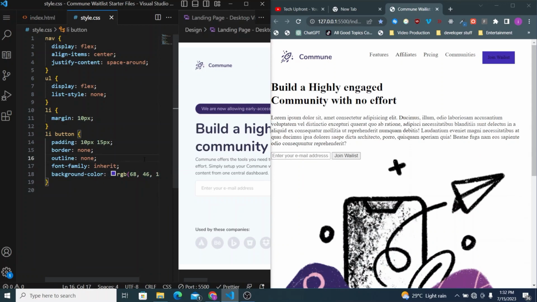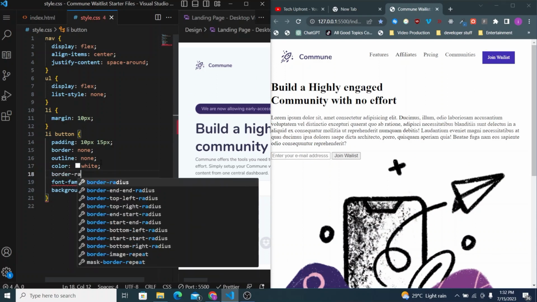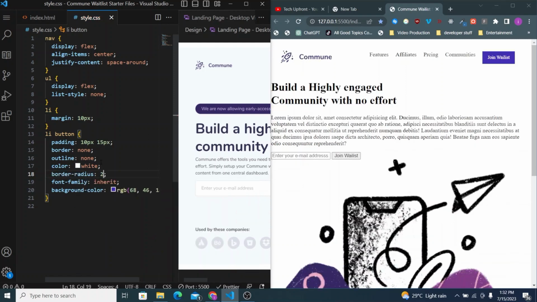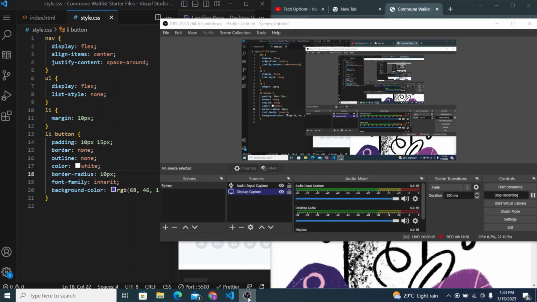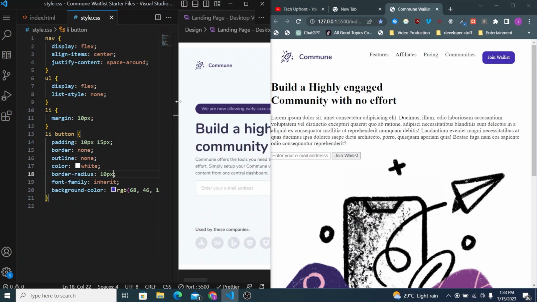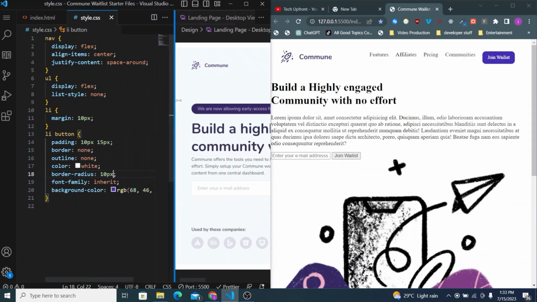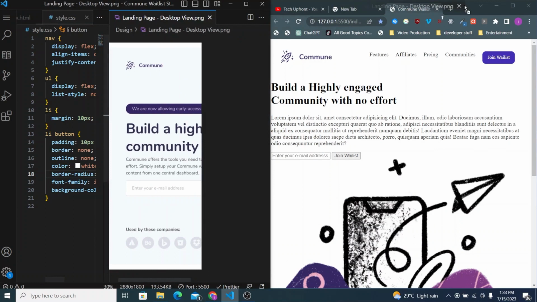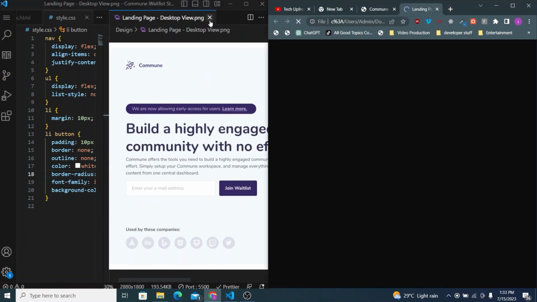Anyhow, we're gonna give it a color of white and a border radius of, let's just say, 10 pixels. So we're gonna take this image and we're gonna put it inside of here so that it has its own